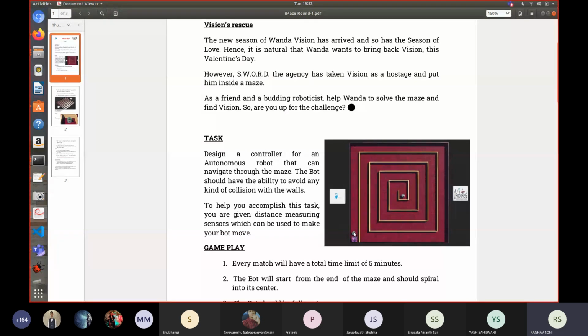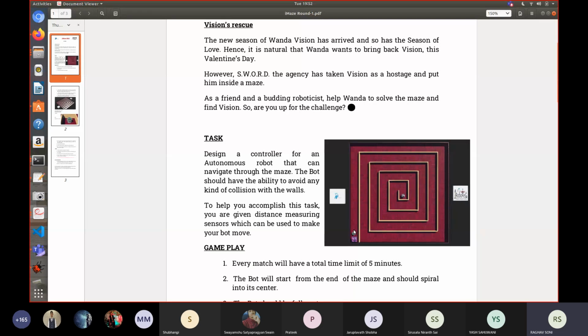It has 7 proximity sensors, which give you the information whether there is a wall or obstacle nearby or not. So you can use those 7 proximity sensors to detect where you are, like if there are any walls near you or not. But you cannot use the camera in the first PS. I hope that's clear to you.